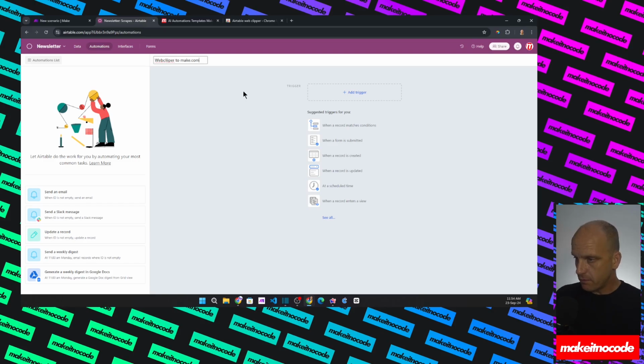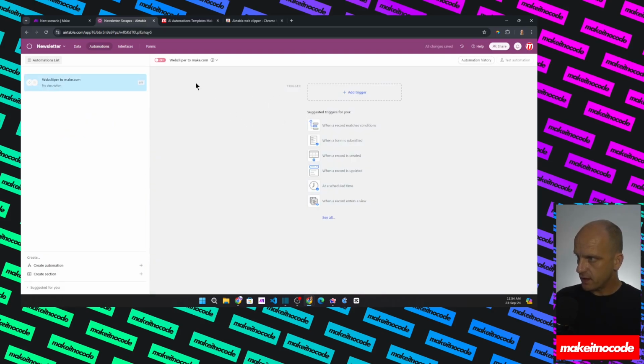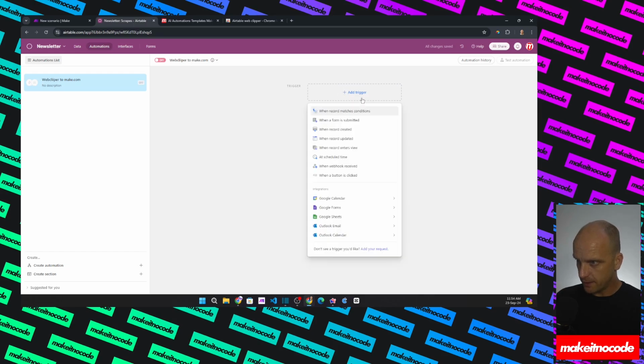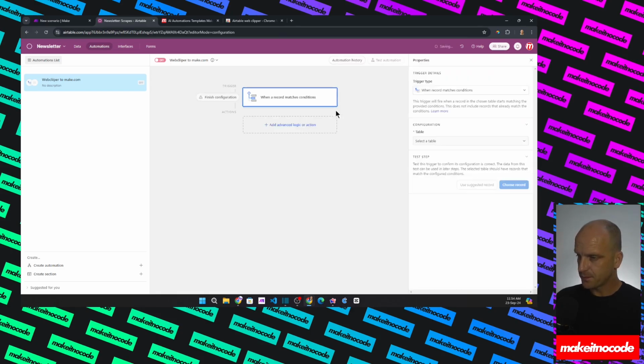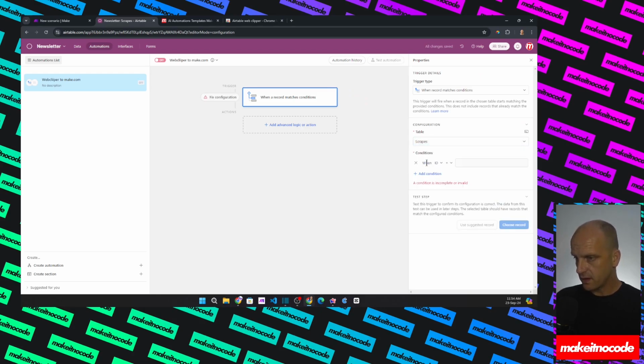And there's loads of different ways that we can trigger this automation. So what I'm probably going to do is add a trigger from here, and we can say when a record is created, or maybe what we'll do is actually when a record matches a condition. So we'll select from the table of scrapes, and the condition can be when website is not empty,